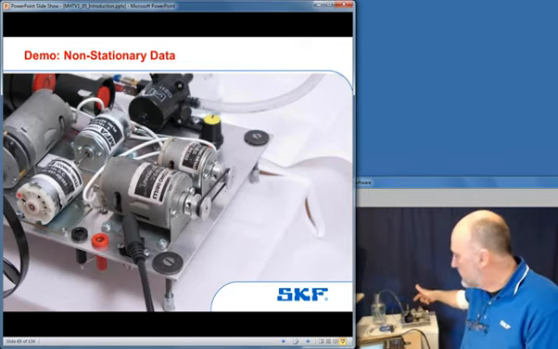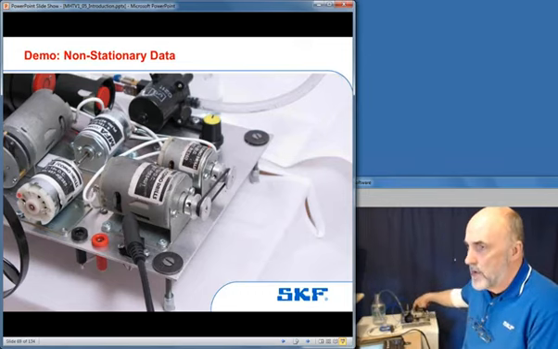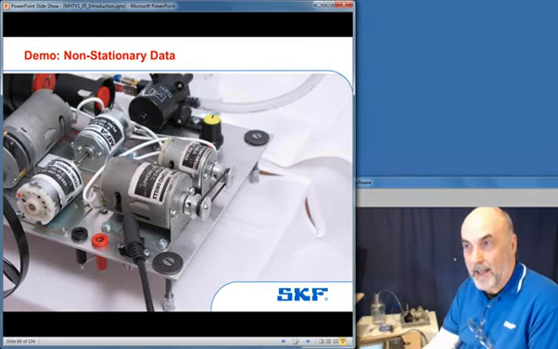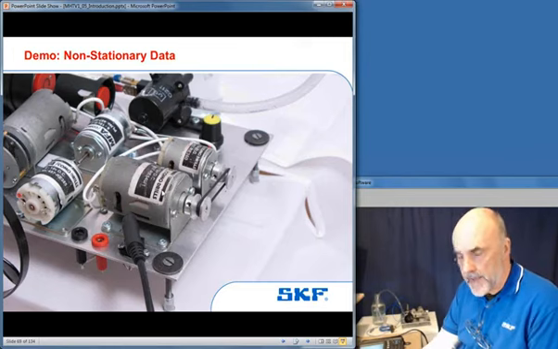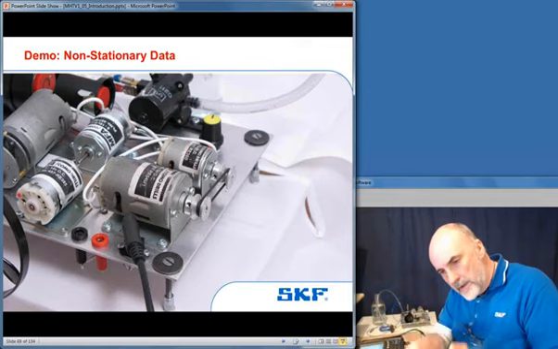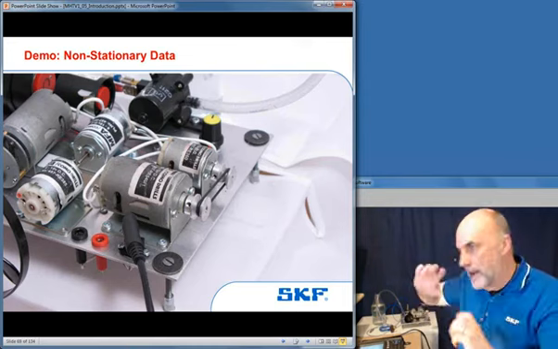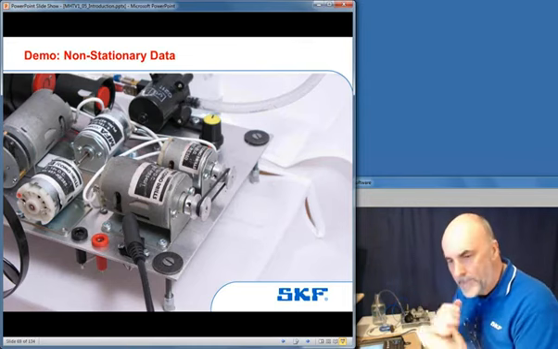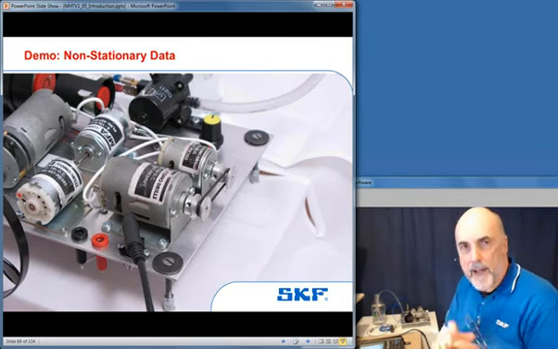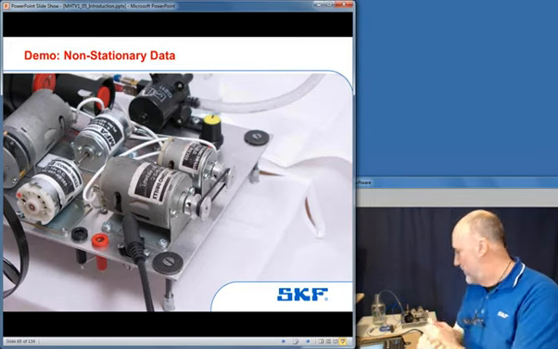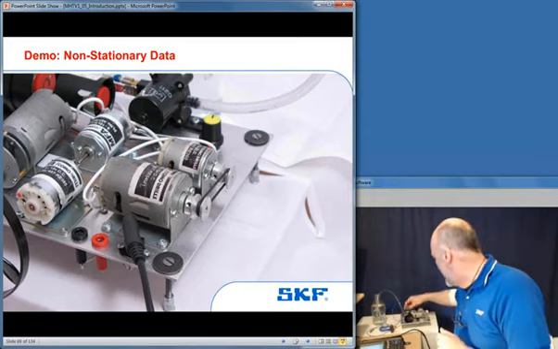In the background here, I've got 2 machines. I've got a driving machine, which is an electric motor, through a belt drive into a driven machine. And because the pulleys are slightly different diameters, there's a slight speed difference between the 2 machines, and we're going to see this later on. I'm going to show you a beat frequency where the levels vary a lot. You can actually audibly hear the signal. So I'll fire this up. What I want you to do is use your ears to listen to the signal and listen how it's modulating. What else would you use other than your ears, you ask? What the heck? So I just want you to hear how this signal is modulating.